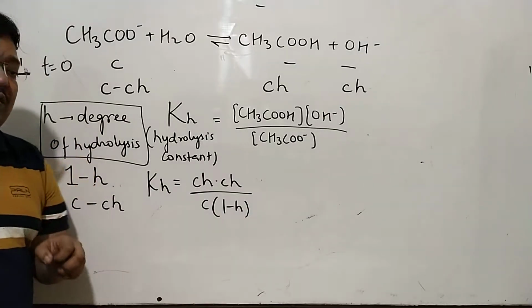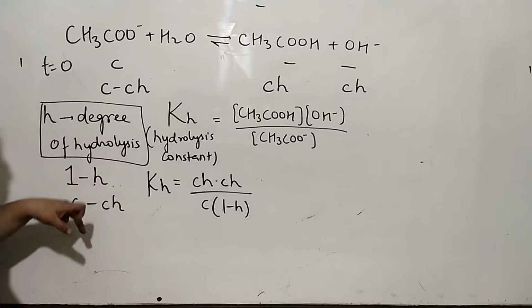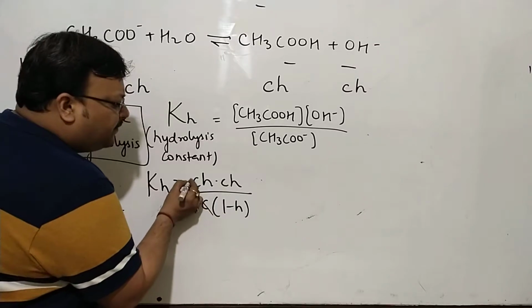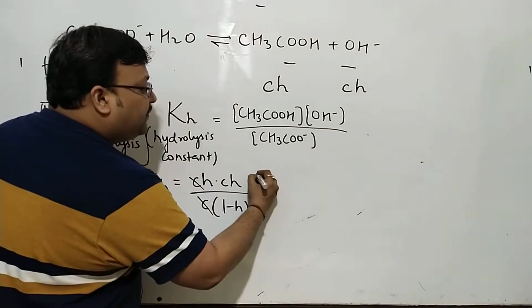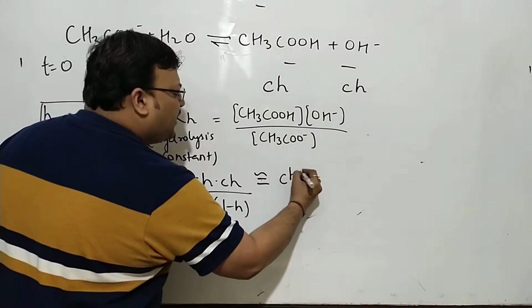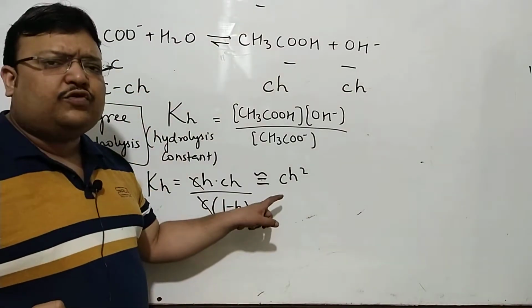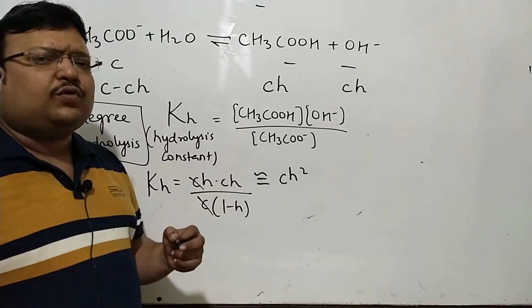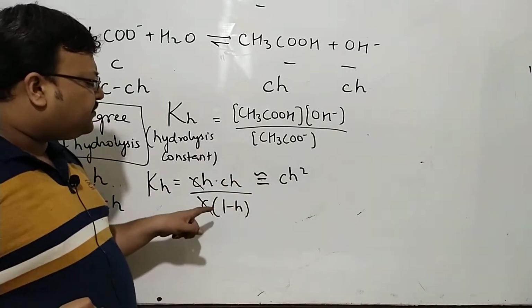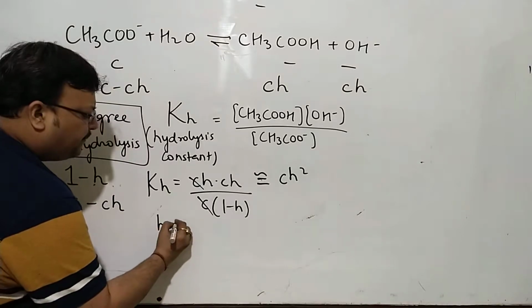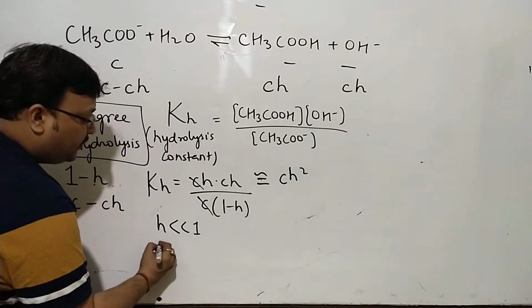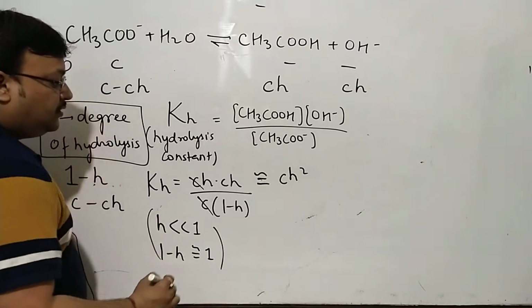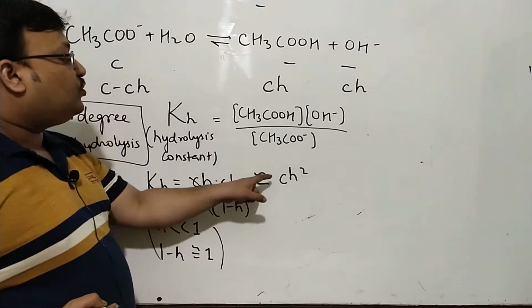I've already explained degree of hydrolysis is number of moles hydrolyzed per mole. एक मोल से h जाता है तो C मोल से Ch जाएगा. Taking C common, एक C यहाँ पर cancel हो जाएगा. One C will get cancelled and I'll be writing it as almost equal to Ch square. We are used to it now. It's all like Ka is equal to C alpha square or Kb is equal to C alpha square. We are used to this now. h being very small compared to unity, we take 1 minus h almost equal to 1. And this will give me Kh is equal to Ch square.